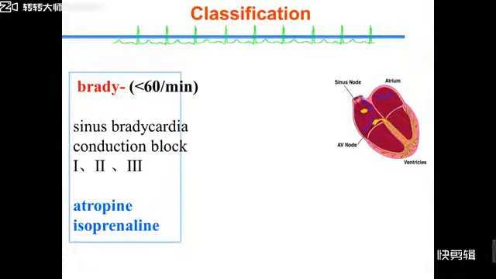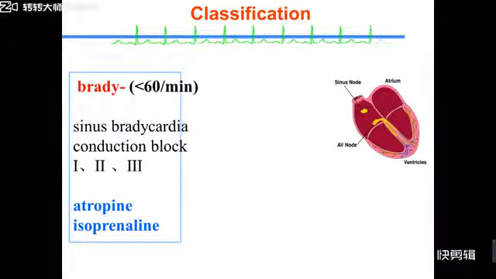The first stage, mild bradycardia or mild conduction blockade, means the patient's heart rate is from 60 to 50 beats each minute. Some of these patients are young, healthy patients, so it is not very serious. They are mild or normal.